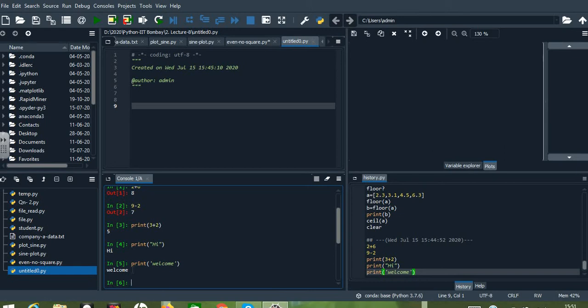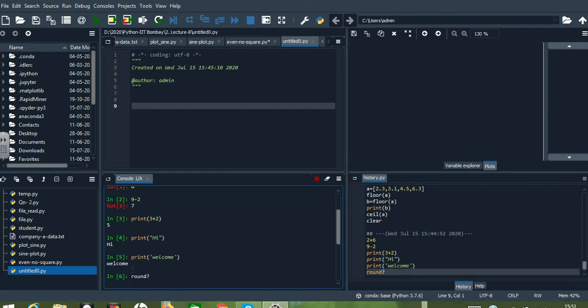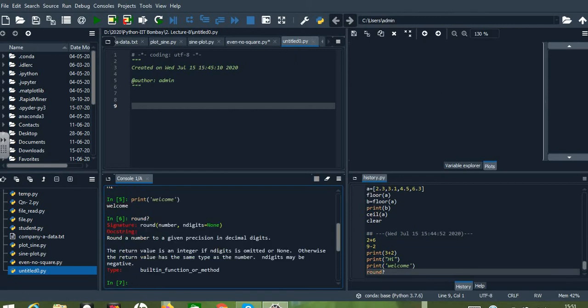Next let us go for the documentation, just like a help command. Let me check what this round option available in Python is. So round question mark, and press enter. It will give us the description of this round operation.